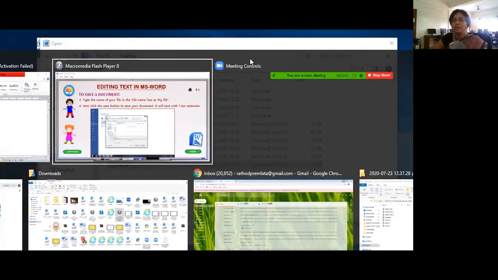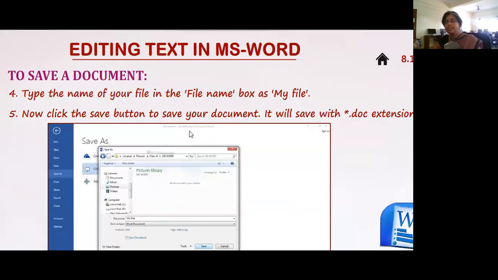Okay, children, one thing you should remember: whenever we write an English subject short form, what do we write? ENG. For social, SOC. Correct? For science, SCI. Likewise, every software or application has a short form. With that short form only we can make out which kind of file it is. So for MS Word, we have something called .doc.